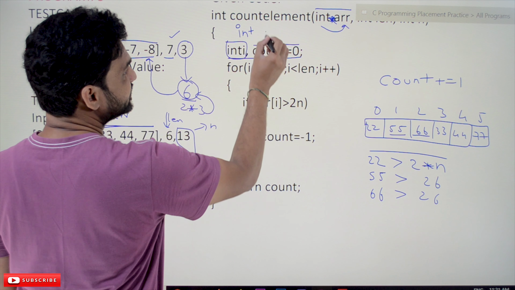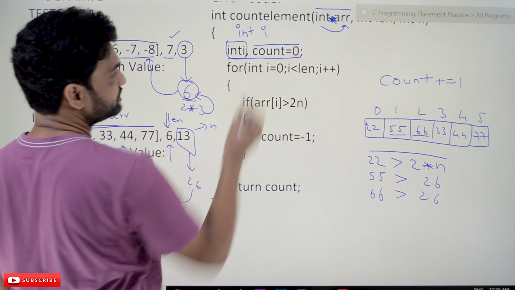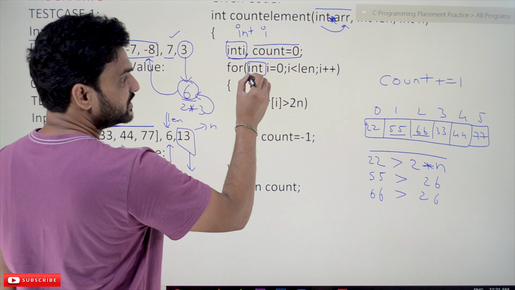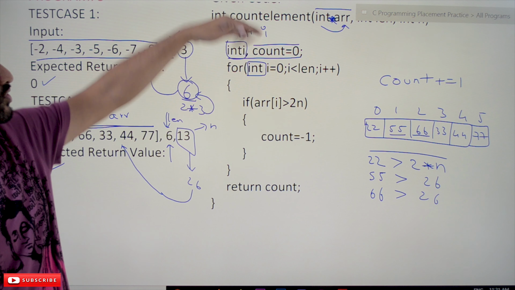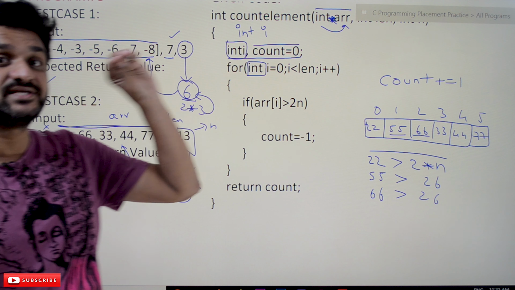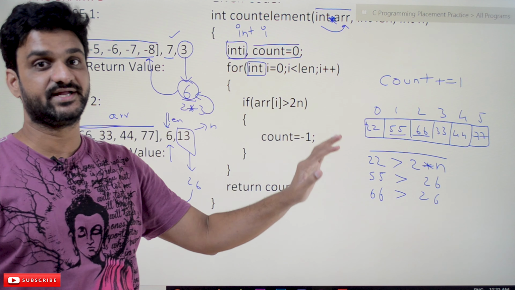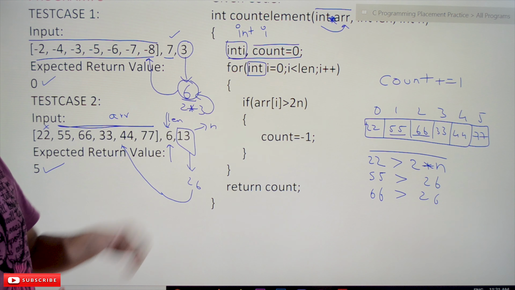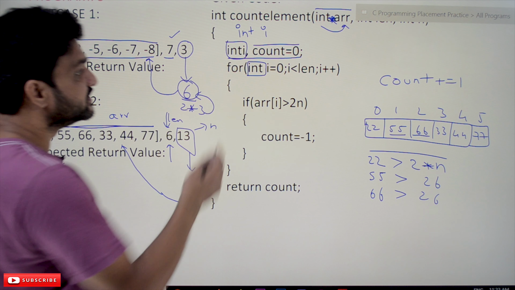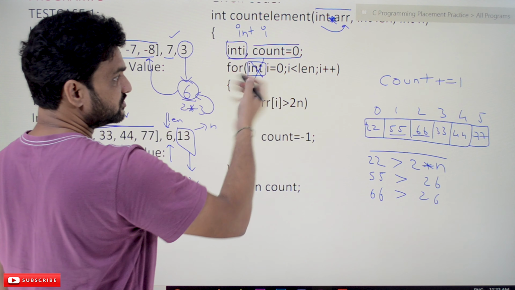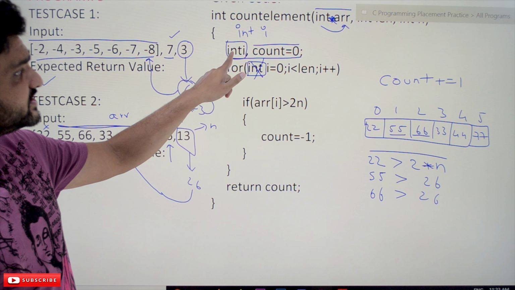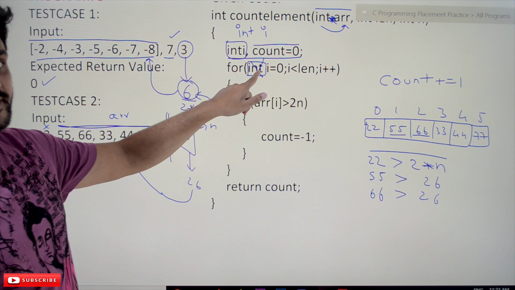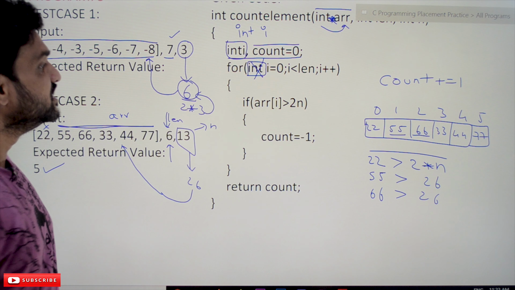It is int i. And the next one is, this kind of declaration is not accepted in C. Declarations within the loops are not allowed, so all the declarations are to be done above. This kind of declaration is accepted in C99, not in C89. Under the assumption that we are working on C89, this kind of declaration is not allowed, so delete it. And the next one is already declared, and again we are trying to declare it, so that is not accepted, so just delete that.